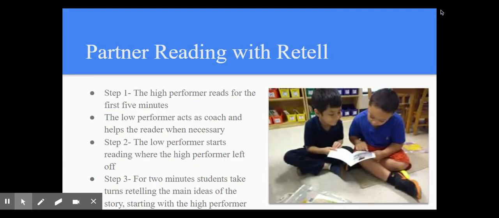The first activity that students will perform is partner reading with retell. The reader, who is the higher performing student, will start reading the book for 5 minutes. During this time, the coach, who is the lower performing reader, will correct mistakes and offer feedback. After 5 minutes, the students will switch roles and the new reader will start reading where the first reader left